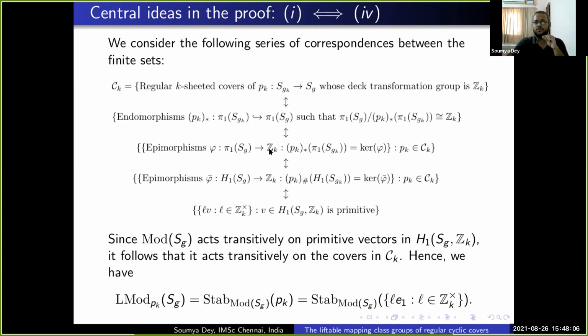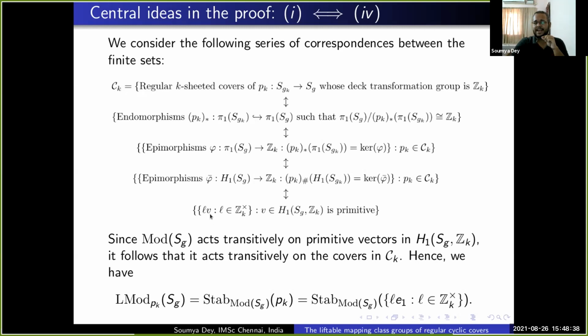So pi 1 of Sg to the deck transformation group, such that the pk star of pi 1 of Sgk is equal to Car phi, and you vary this pk in your Ck. Again, at the level of homology, because this Zk is abelian, epimorphisms from phi bar to H1(Sg; Zk), such that again this pk hash of H1(Sgk) is Car phi bar. You're varying this pk in Ck again, and then from here you can see that